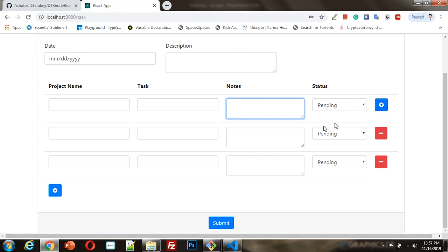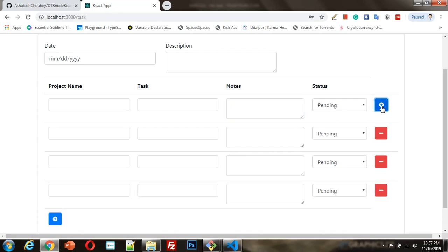If you want to add, you can just click on the add button, and each row will be a copy of the first row in this way.